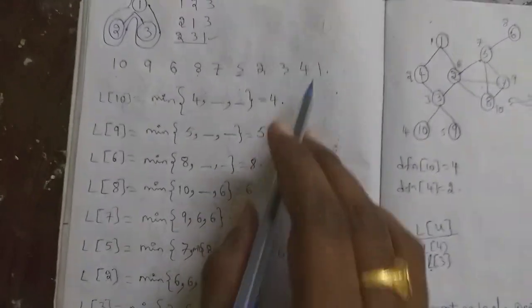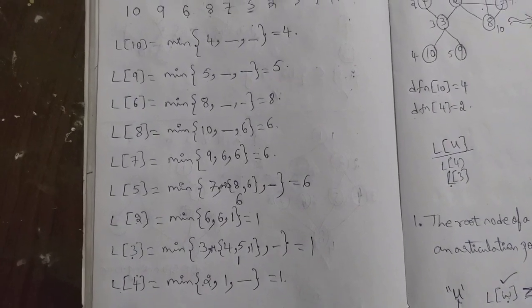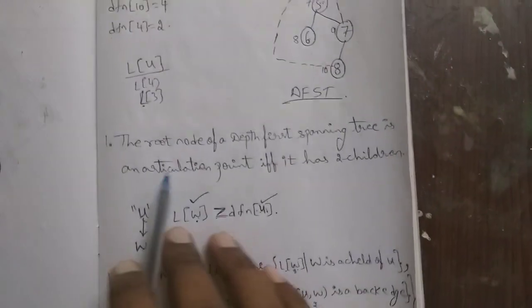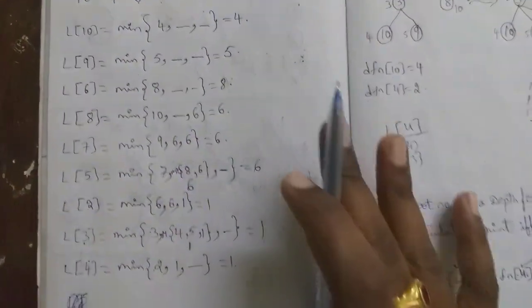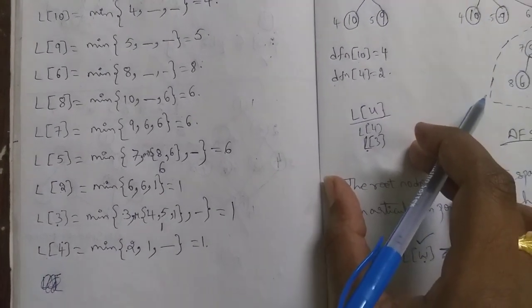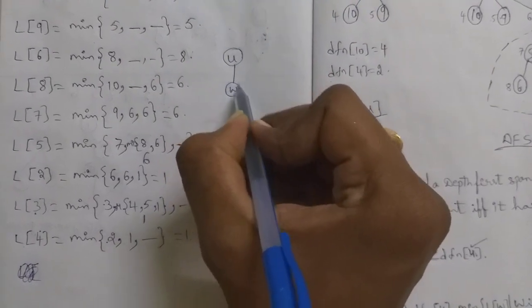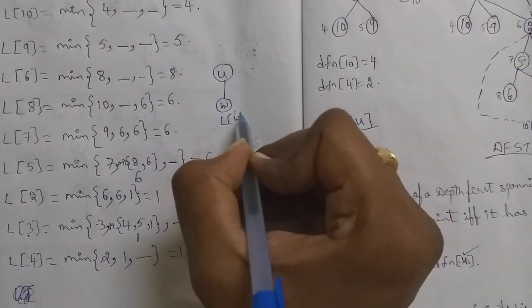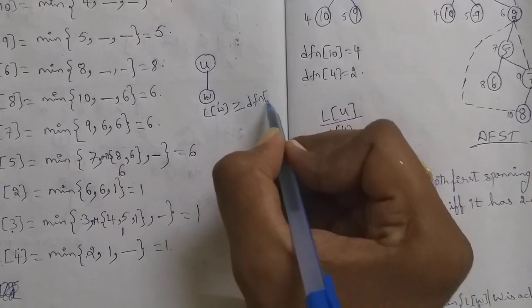And the last and final vertex, the root vertex, we need not find the L value for the root vertex, right? In order to say whether the root vertex is an articulation point or not, we need to check this condition: if the depth first spanning tree has 2 children, then it is an articulation point. By using all these L values, now check whether any node's child L value, it means if a node U we are talking about, its child's L value W should be greater than or equal to that node's depth first number.